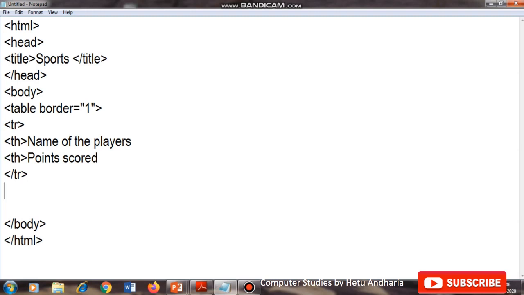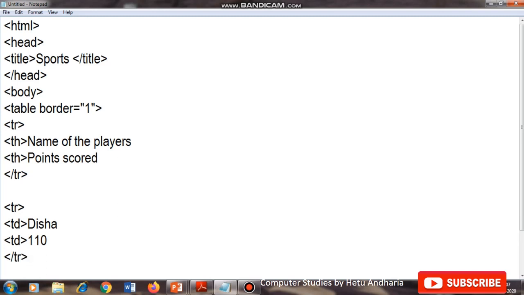Then the next row. In that, th will not come, td will come. Td is equal to Disha. Next td, 110, /tr.